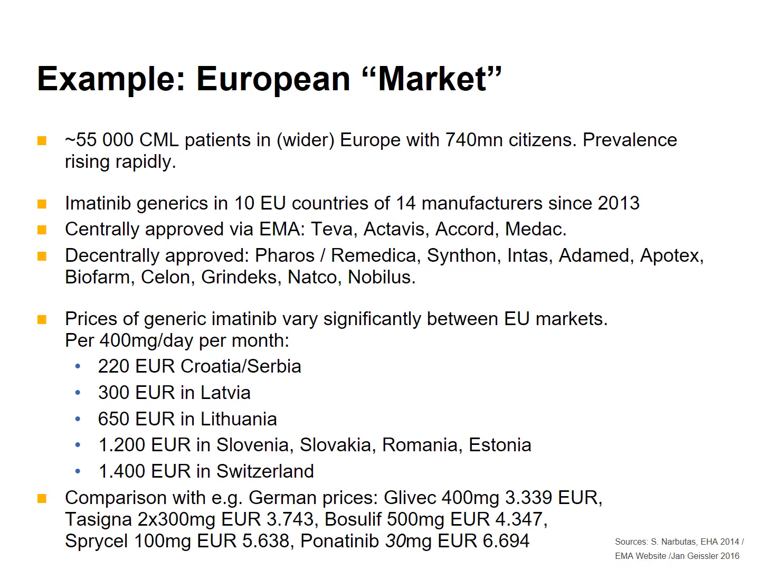400 milligram imatinib per day for a whole monthly period, up to 300 euros in Latvia, 600 euros per month in Lithuania, 1200 euros in Slovenia, Slovakia, Romania, and Estonia, and for example 1400 euros for generic imatinib in Switzerland. You can see in comparison with, for example, I've quoted the German prices of Gleevec and the other